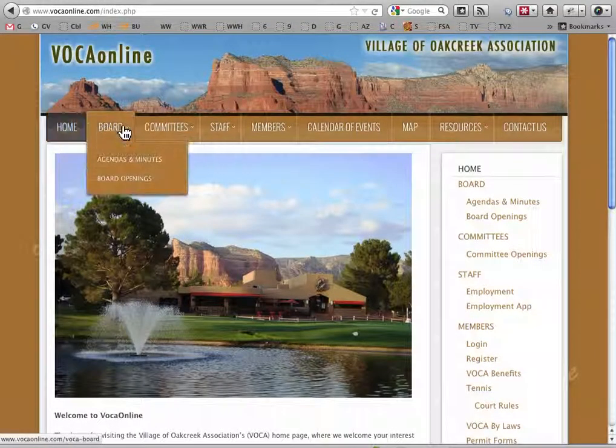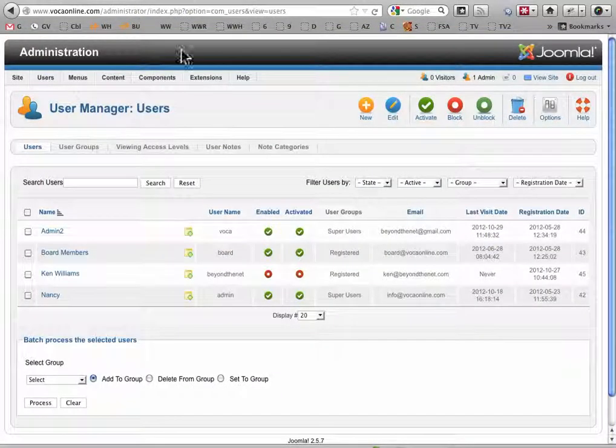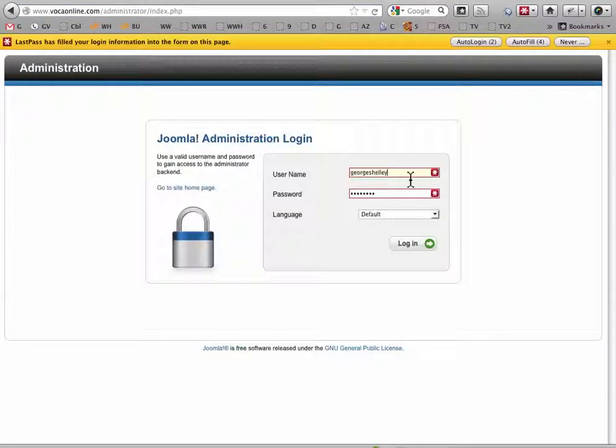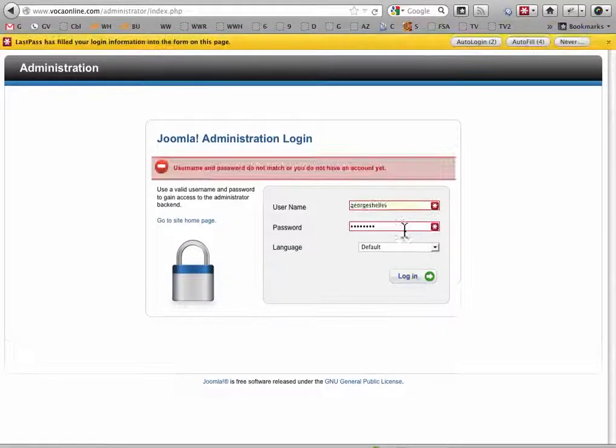And since we're talking about that point, the way to get to the back end is vocaonline.com/administrator, and then it'll ask for your username. I'll quickly log out. Your username is admin, and your password I'll put in the email. Let's put that in correctly. Okay, what's the new password? The new password is,